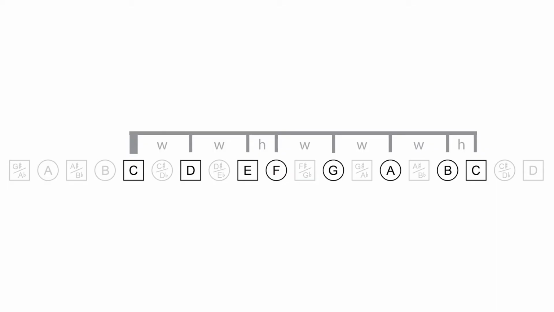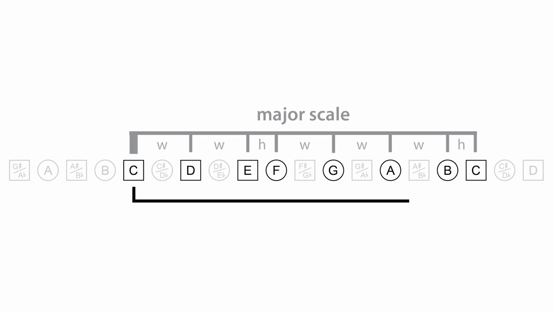You've heard it before. It goes do, re, mi, fa, sol, la, ti, do. And it sounds so good that it could have been crafted by angels. But really, this scale is made by combining whole step and half step intervals like this, where whole steps are illustrated by a W and half steps are shown by an H. Starting on the C note, for example, this C major scale sounds awesome and much better than the chromatic scale